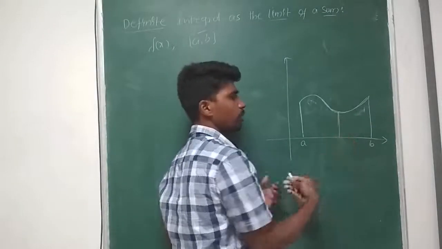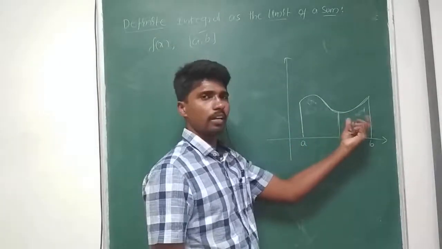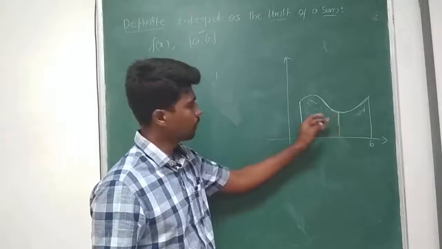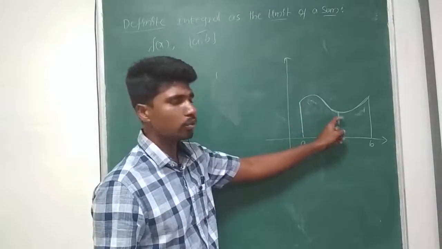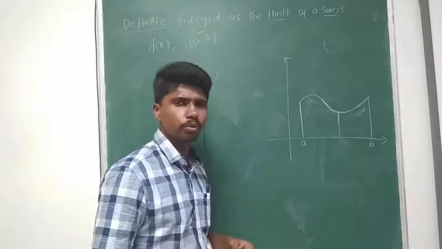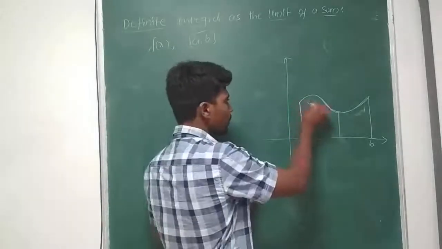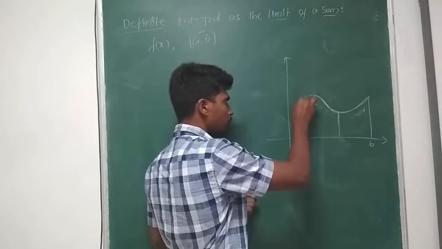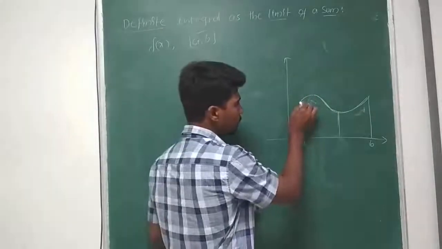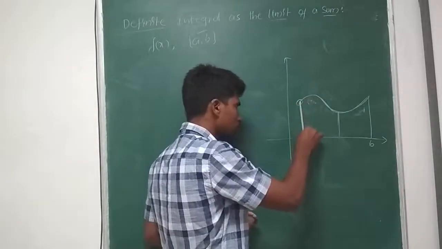If I make less number of divisions, say 2 divisions, I get 2 parts. If I am able to find this area and this area, I can add. But if I take it this way, we get an irregular figure, so I cannot find this area. To avoid these situations, I am breaking into smaller regions. If I get a smaller region compared to the entire curve, this particular part will be negligible. Like that, I am considering smaller regions.